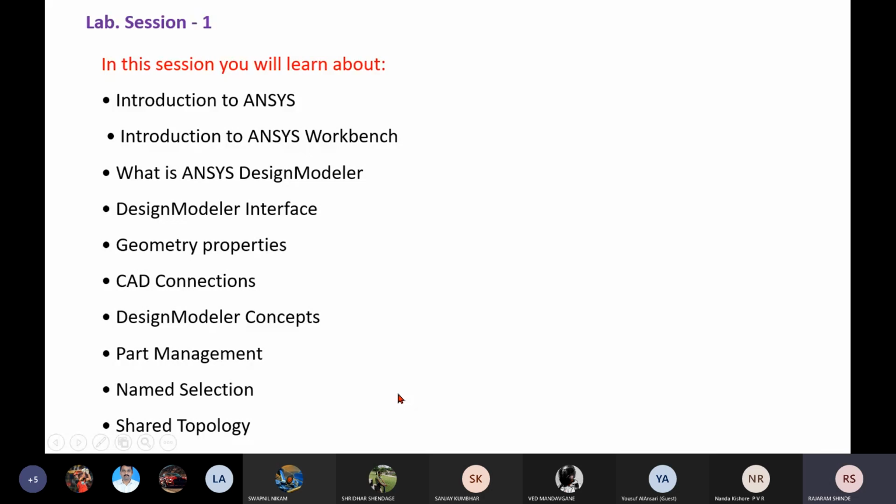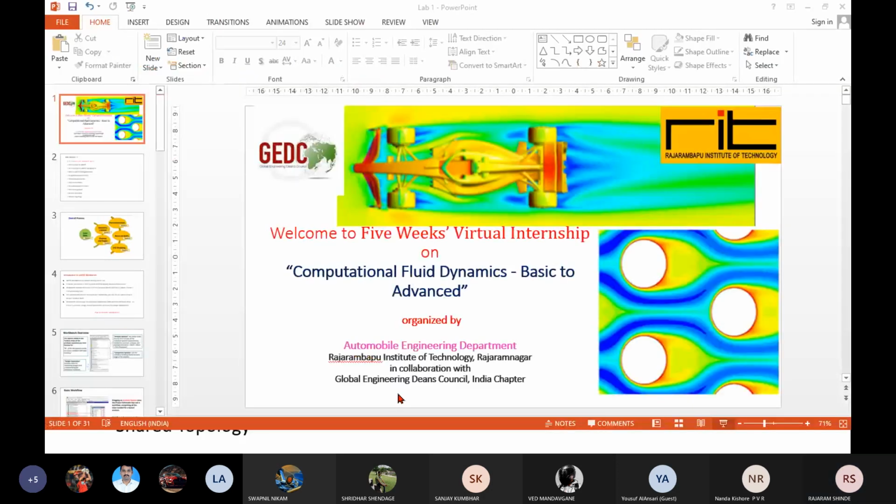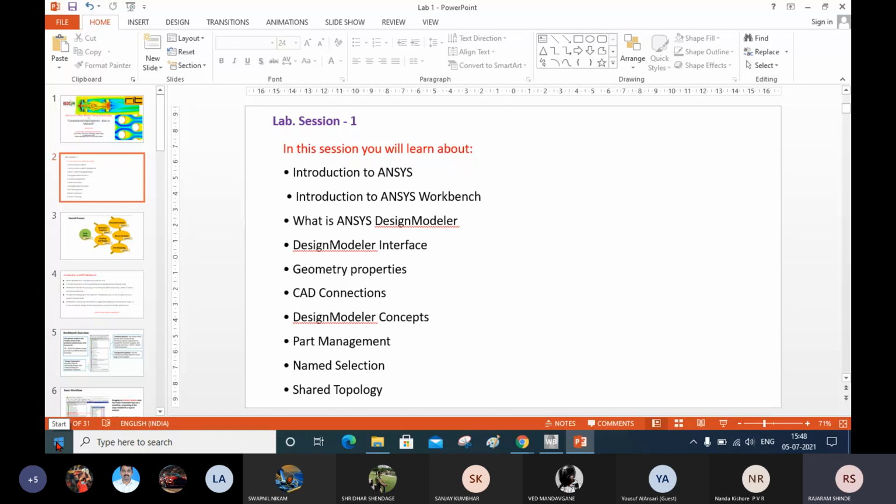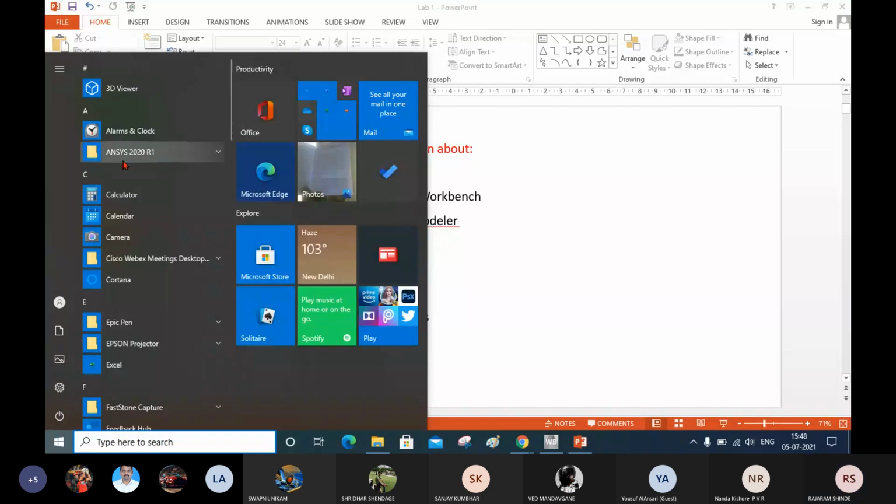Before starting this session, I will tell you how to open ANSYS and ANSYS Workbench. Click on Start; if you have a shortcut on your desktop, that is also okay. You have ANSYS.